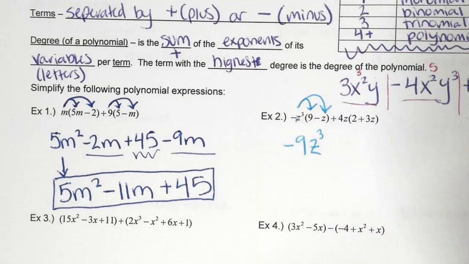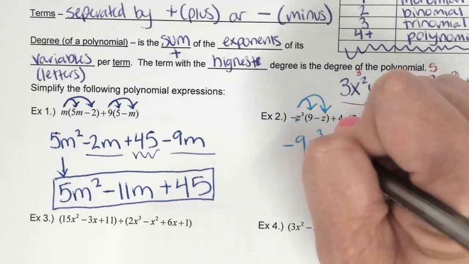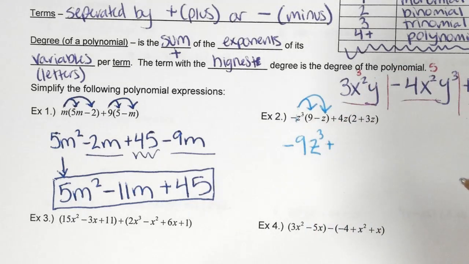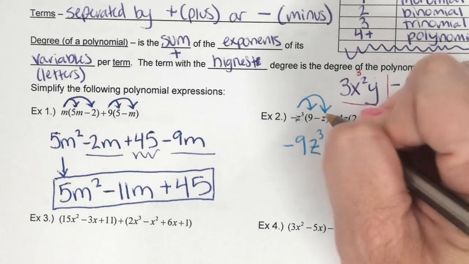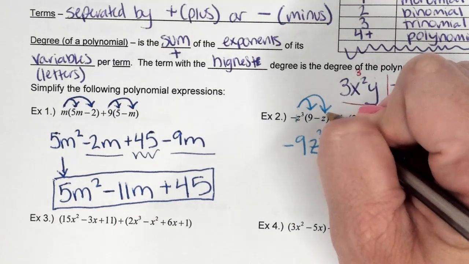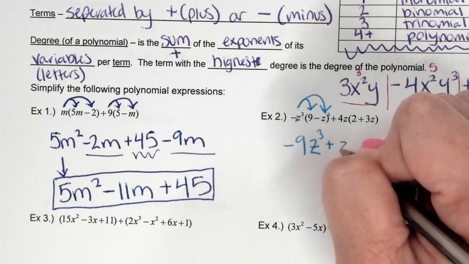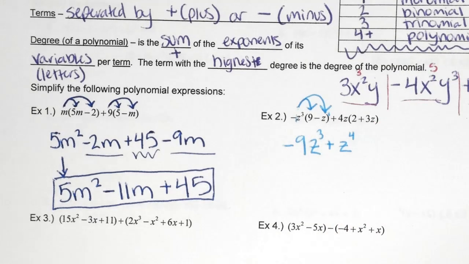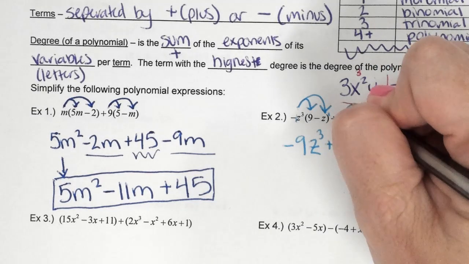Well, negative times a negative is a? And what's z cubed times z? What do we do to our exponents? Add them. And if it doesn't have one, what can I put there? 1. So what's 3 plus 1? Perfect. So there's my first set of parentheses gone. So now we need to get rid of our second set of parentheses by distributing again. So what's 4z,